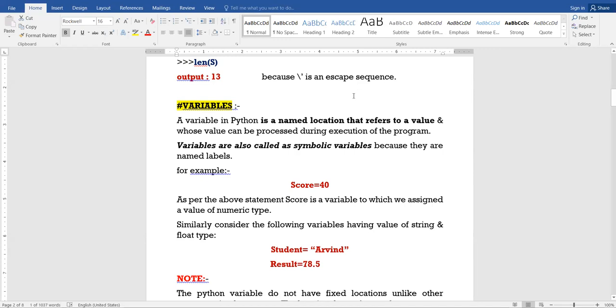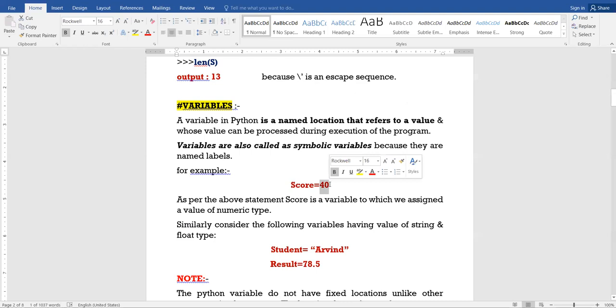When we give a name to the location, that location which has the name is called a variable and it holds some value. Like for example, I say score. Score is a location in the memory which has been allotted the name score and it has the value 40.